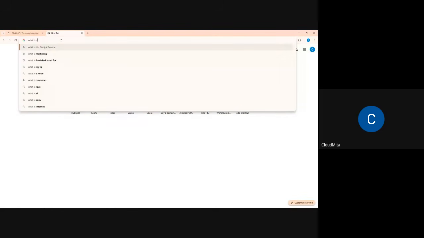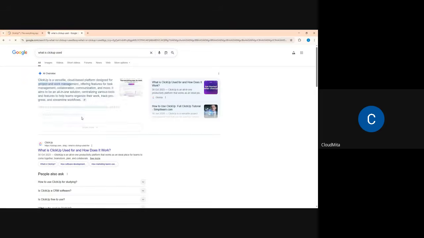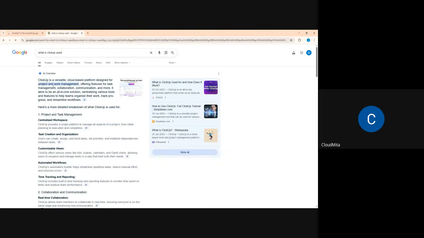What is ClickUp used for? Now watch. You see it now? They say that ClickUp is a versatile cloud-based platform that is designed for project and work management. Can you see it? Now it says that it offers features like task management, collaboration, communication, and even more, right? And then it aims to